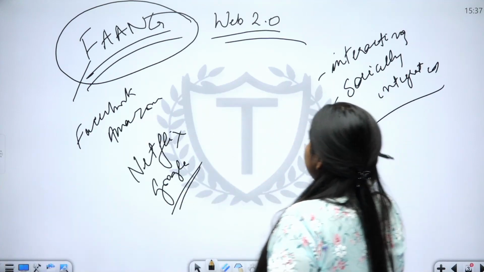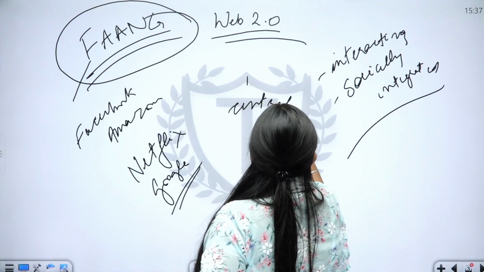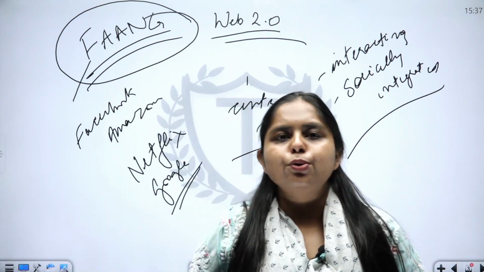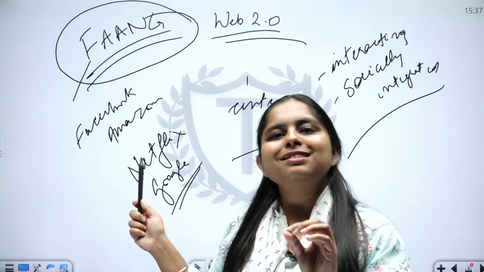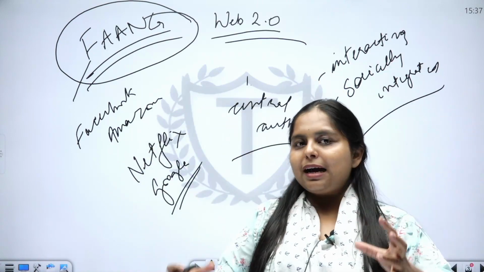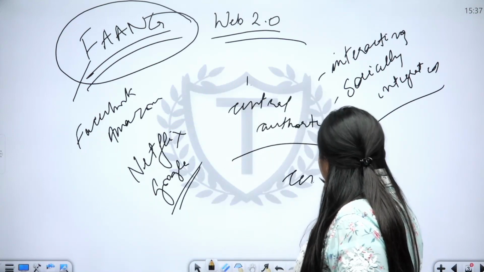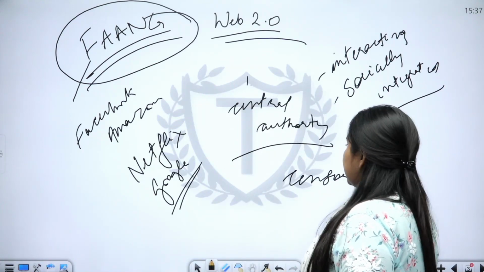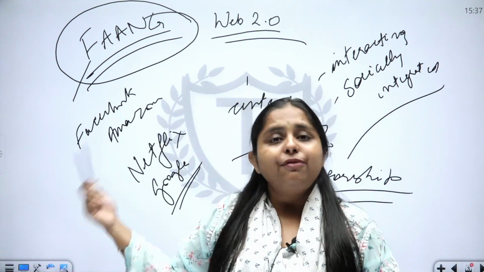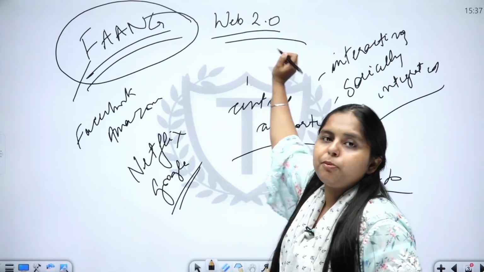But there are certain things in Web 2.0. First thing is there is a central authority. So I cannot directly come to you. I have to go through YouTube. And YouTube is actually regulated by a central node, which is either the government or the office of YouTube, something like that, that handles the content that is being published on YouTube. So there is a censorship element involved. Sometimes the content that YouTube finds may not be suiting its standards or its preferences. It might delete that content. So that is the element which is there in Web 2.0.